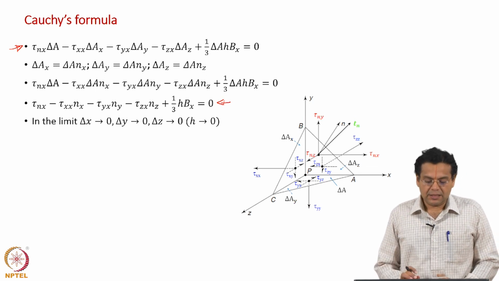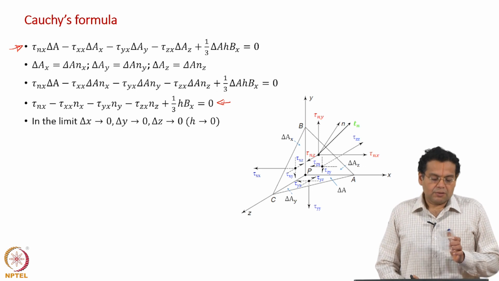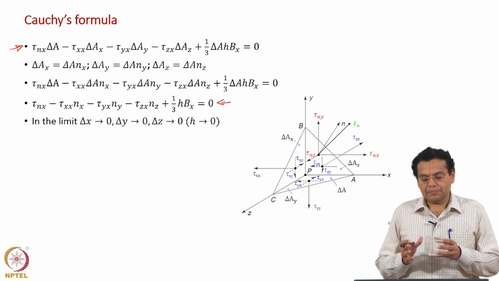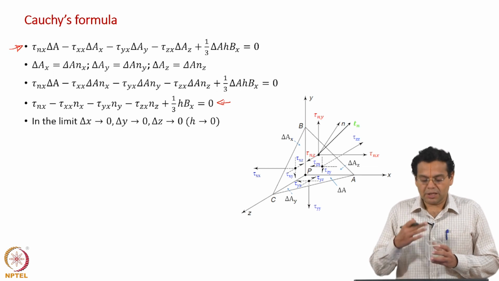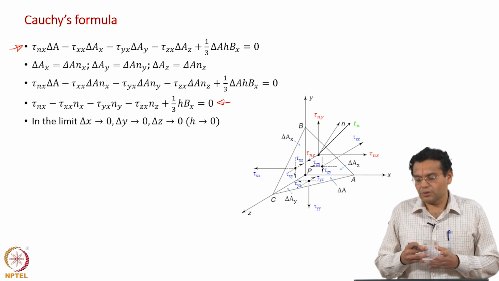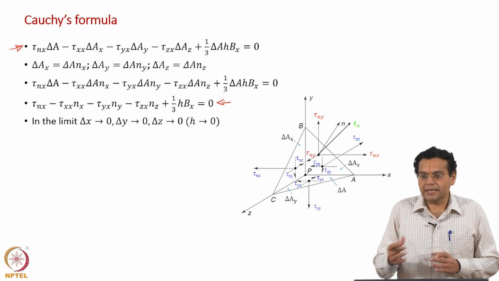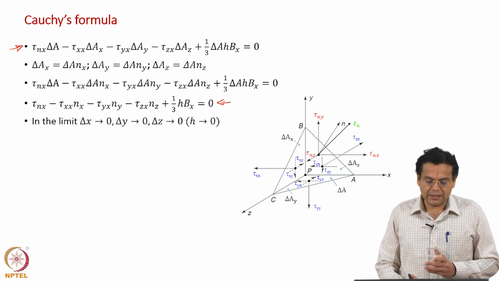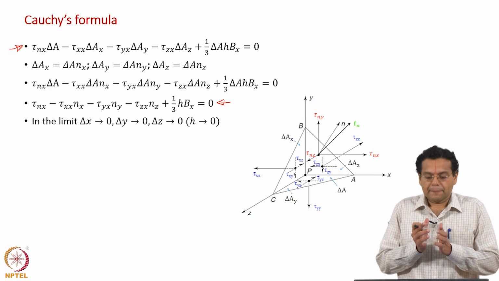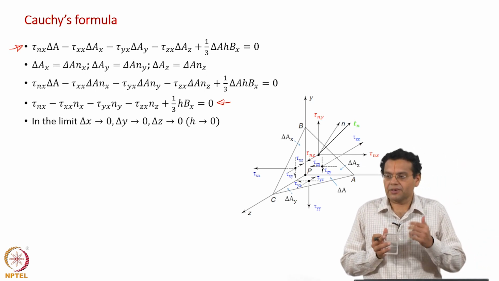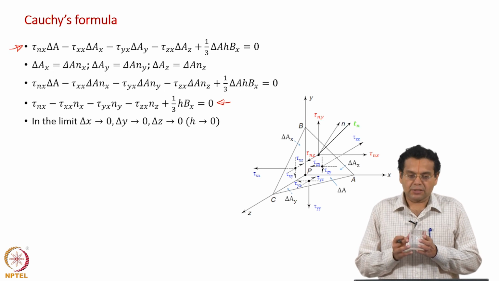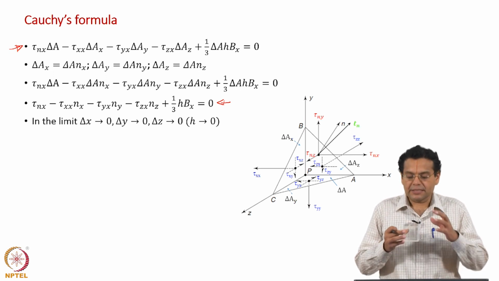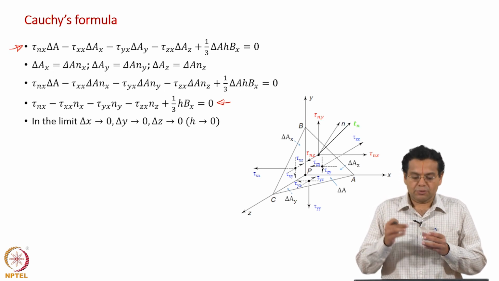This is similar to what we had done earlier. When we wrote a balance for a control volume, we divided by the volume, because we wrote it for a control volume. Now we are writing over a surface, so we are dividing by the area of the surface. Second, when we derive the conservation equation, let us say for mass, left side of momentum balance, we wrote the balance of the control volume, and then we shrink the control volume to a point.